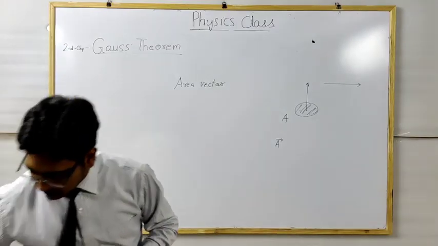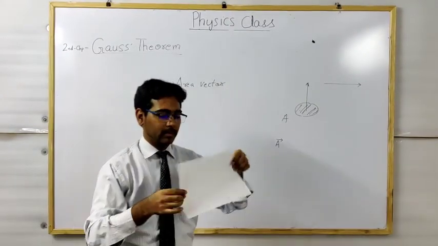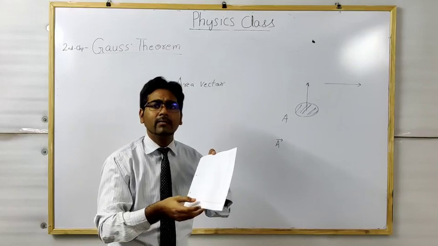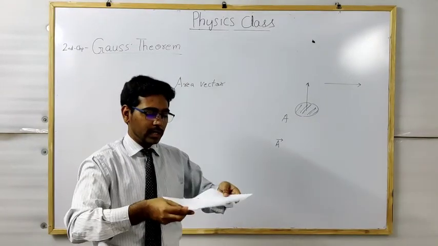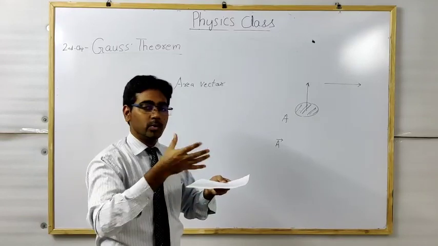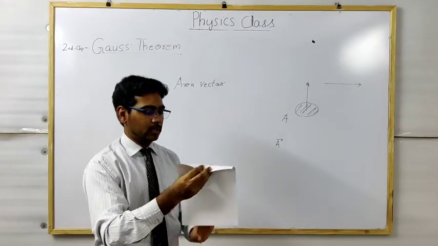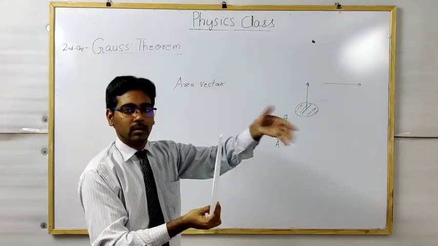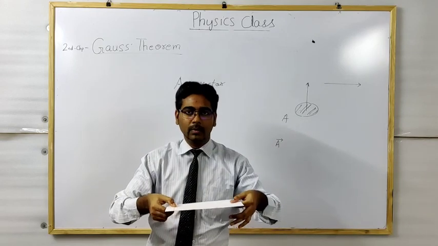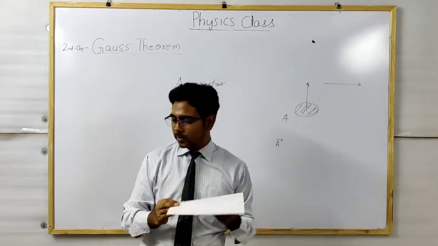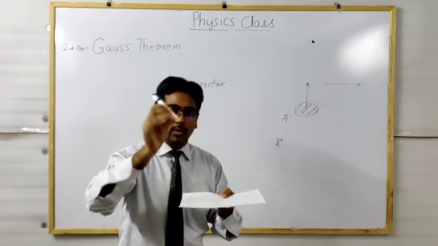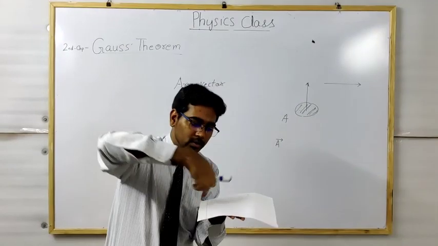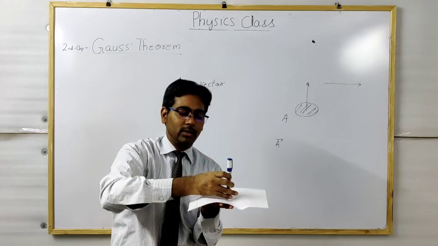For example, if I take this sheet of paper, this is the area. Why we require the area vector is to know how this area is situated in space, whether it is towards you, towards your right, towards your left, up or down. So how it is being oriented in this space. The better way is to attach a line vector. The length of this line will be equal to this area, and the direction is perpendicular to this area.